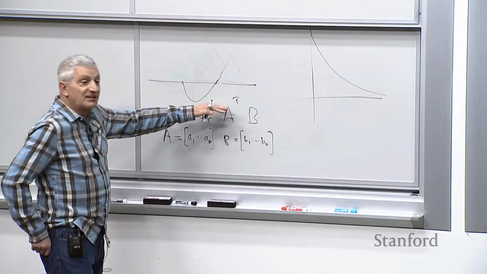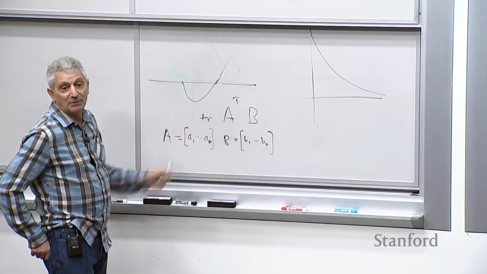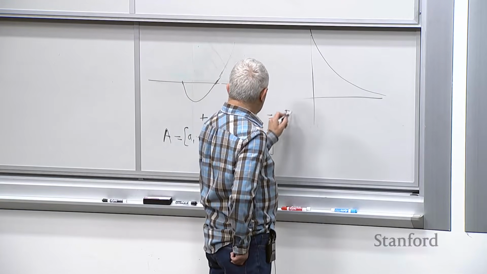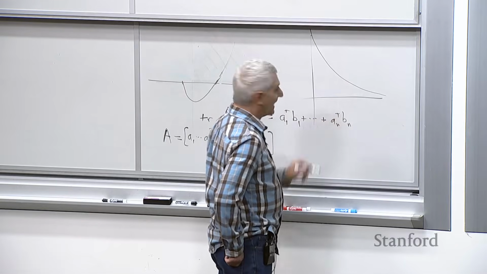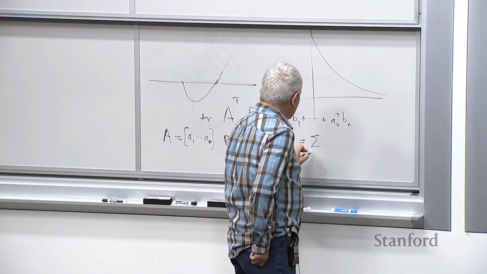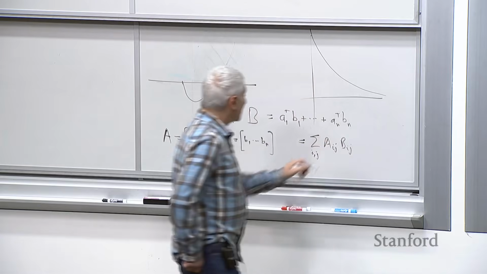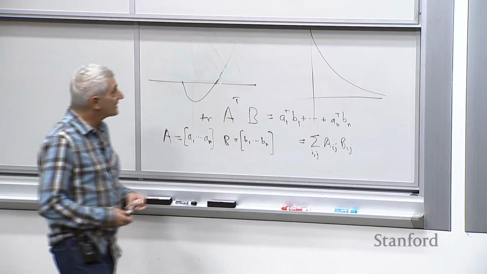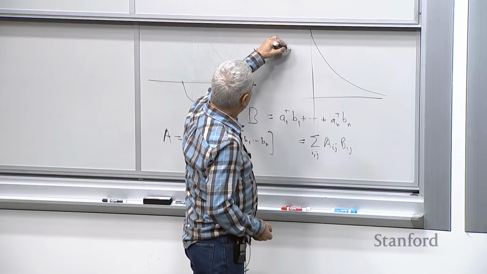Because it's the first row of A transpose, which is the first column of A, right? Inner producted with the first column of B, right? So this thing is going to be A1 transpose B1, and then I'm going to add up all the way to here, and I'm going to get that, right? And I could write this out entry-wise. This is simply sum over i and j, a_ij b_ij, and that sure looks like an inner product to me, right? Or another way people might write it is vec of A transpose vec of B.